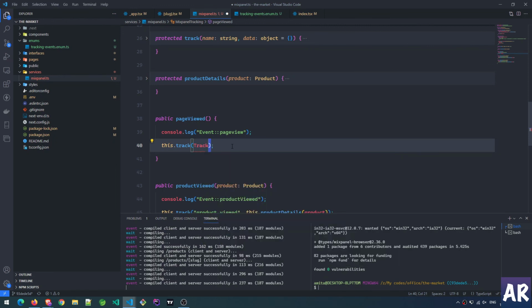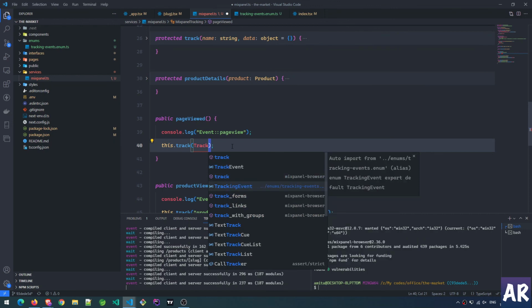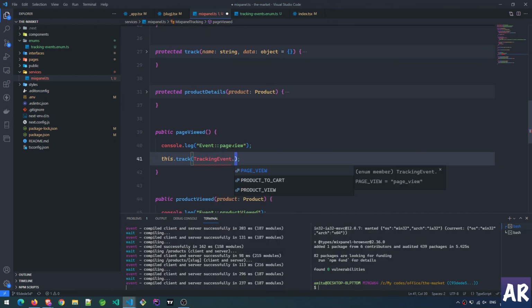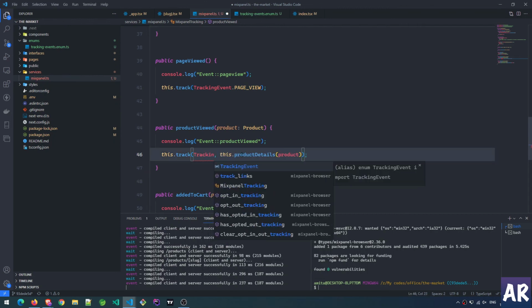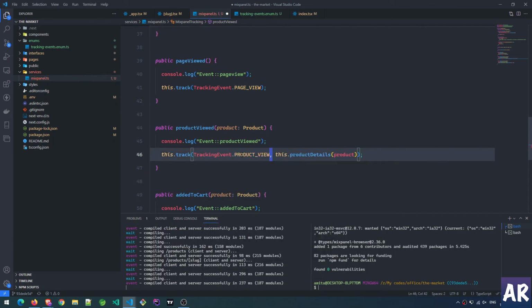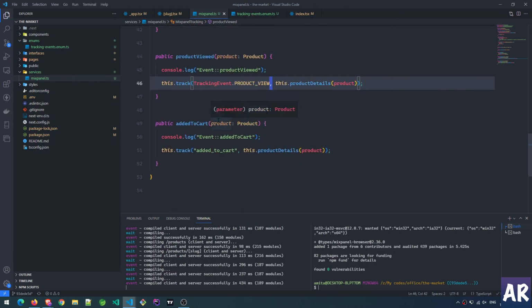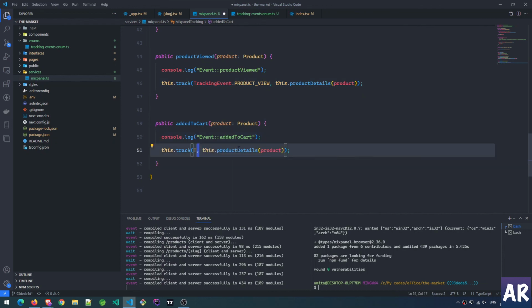Oops. Tracking event dot, this is what, page viewed. So page view, like this, product viewed, done. And then this one is added to cart, so tracking events dot product to cart. And